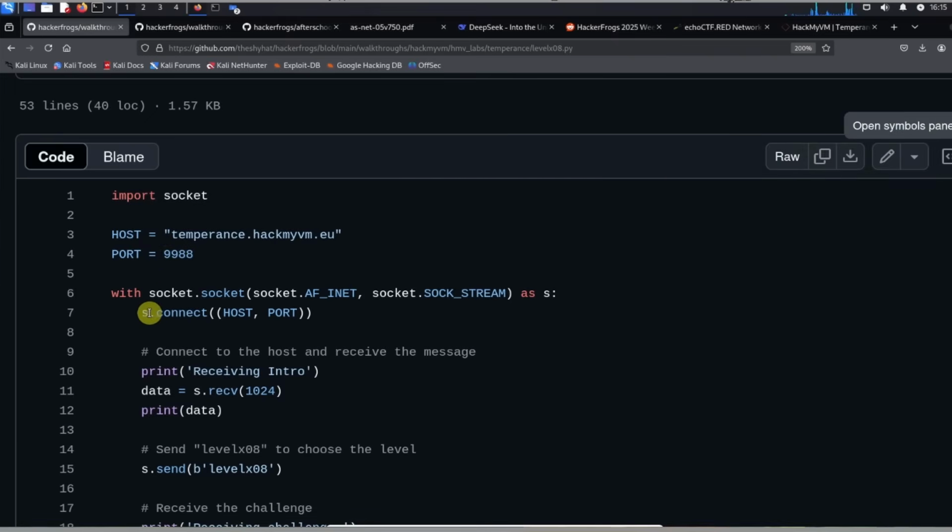The first thing we do when we use the socket module is create a socket object. So this line over here is going to do that. With socket.socket, socket.AF_INET, socket.SOCK_STREAM as s, what this does is create an object in the socket class, and it's going to be naming it s. So when we reference the socket object in the socket,